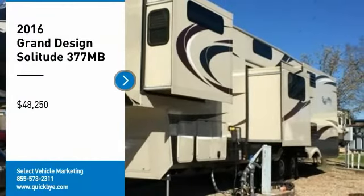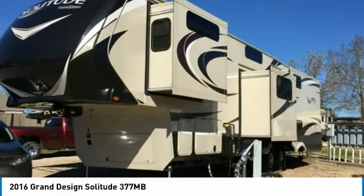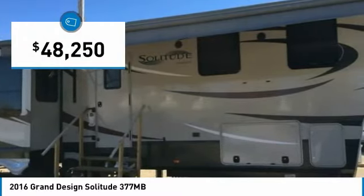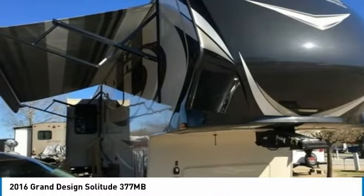2016 Grand Design Solitude 377 MB for sale in Hot Springs, Arkansas 71913. Get ready for your next adventure with this 2016 Grand Design Solitude 377 MB. This luxury fifth wheel is 40.9 feet in length and features a charming floor plan that can comfortably accommodate up